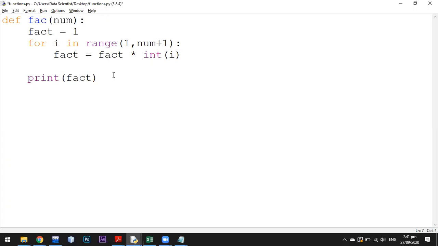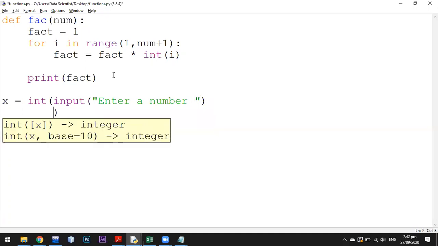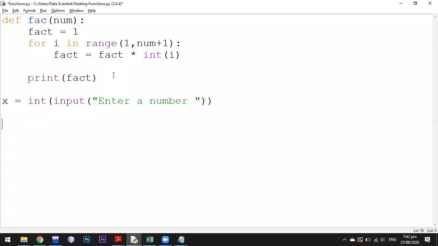So let's try to run this, and I will ask the user to enter an int input, enter a number. Okay, and then I will call that function fact, and I'm not gonna print this, I'm gonna return it.